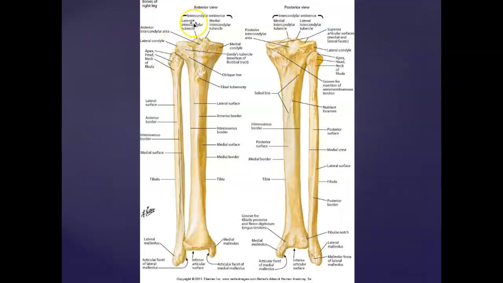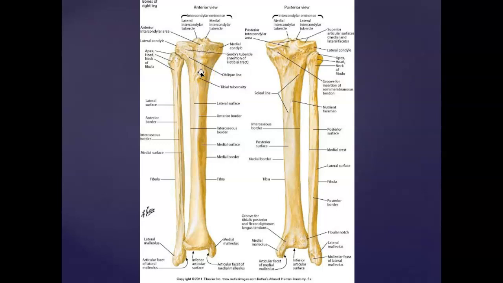Looking at the tibia, the femur would sit on top of here, so you've got the medial and lateral condyles of the tibia, where the medial condyle of the femur and the lateral condyle of the femur would sit. The big portion down here, just distal to the condyles on the anterior side, is the tibial tuberosity. This is typically ascribed as the common insertion of the quadricep musculature, but you'll notice